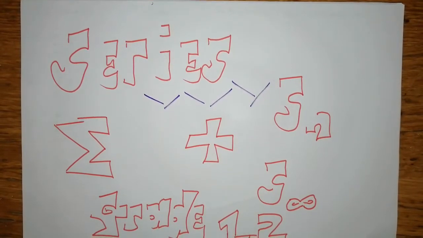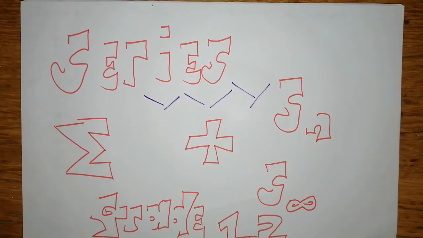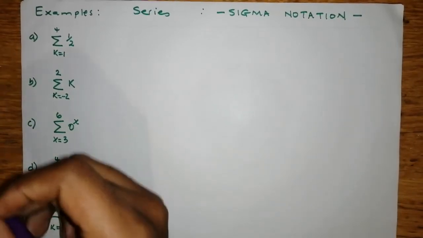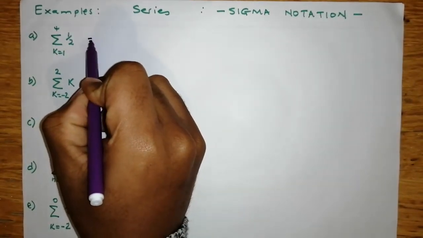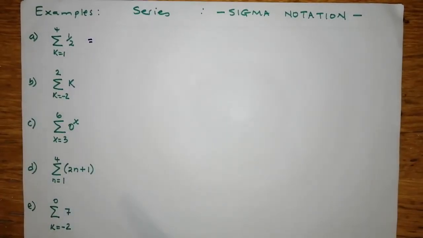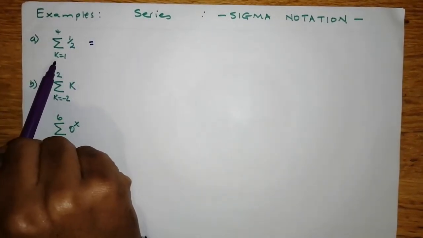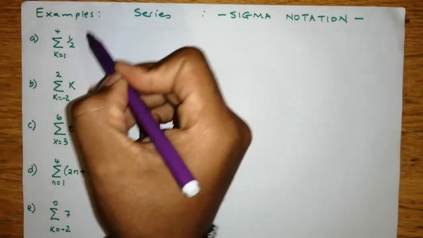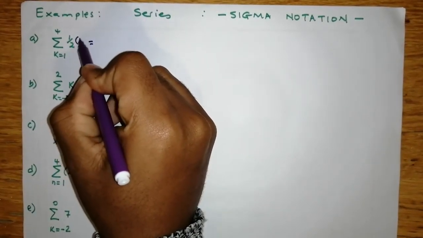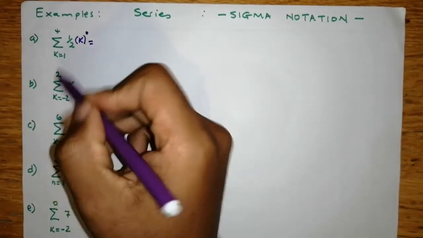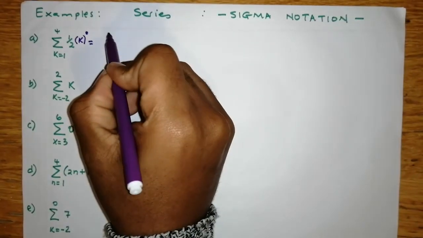We are doing examples, we are doing exercises as far as series is concerned and sigma notation. Okay, cool. So let's look at number A. We are supposed to expand this, right? I first want you guys to take note that you might be like, okay, where am I going to substitute the k is equals to 1? Just take note that, guys, there is k here to the power 0, right? So any number to the power 0 is 1. So that's why you don't see the k. So just for this question, I'm just going to put the k everywhere when I substitute